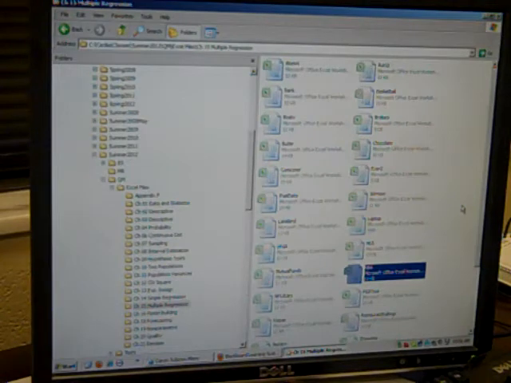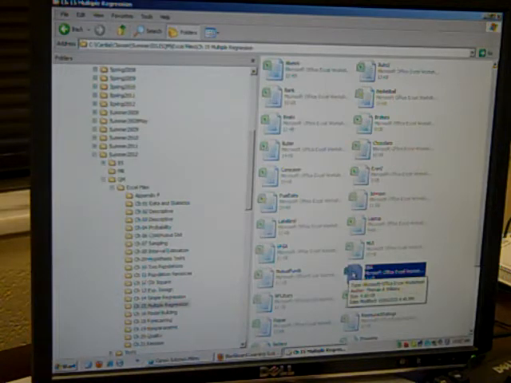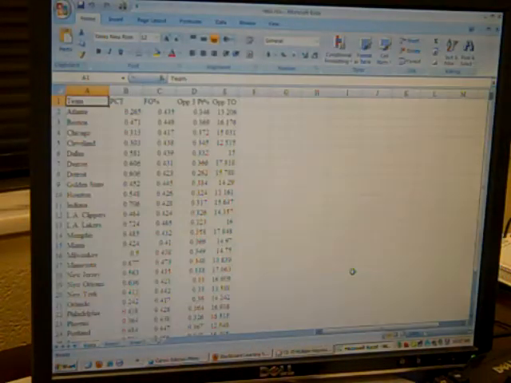Okay, let's do this on the computer. Let's do problem number 10 in your book, and I have already the NBA file, and this problem is